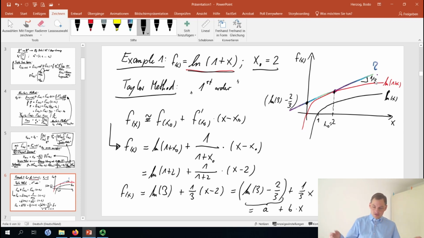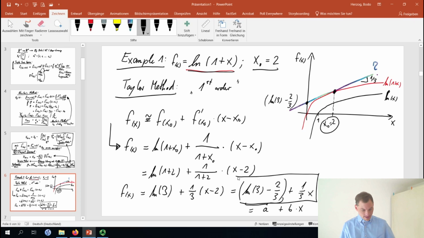Okay, that's it. So we have a log function in principle, the red curve, but now we have found around this point for x0 at 2 a line. And the line is this one here. That's a line. Okay, job done. That's it. That's the linear approximation of a log function around a point, and the point is here x0 defined